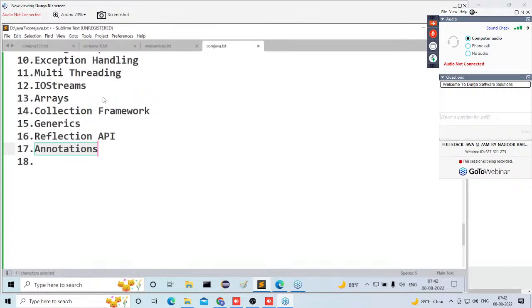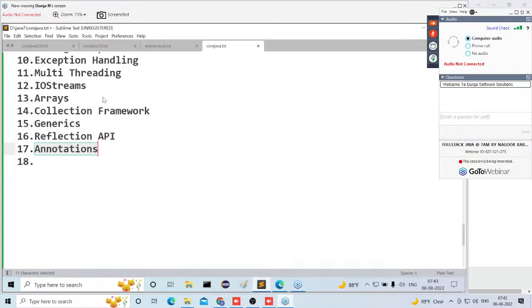But when annotations were introduced in Java, I think in JDK 1.5, all the newer technologies released at the advanced level use annotations in place of XML documents. Maximum, in place of XML documents, annotations are utilized as an alternative. So here I can give the conclusion: in all older technologies, XML documents are utilized; in all the newer technologies, annotations are utilized. Understand my point here? What is the intention of these annotations?